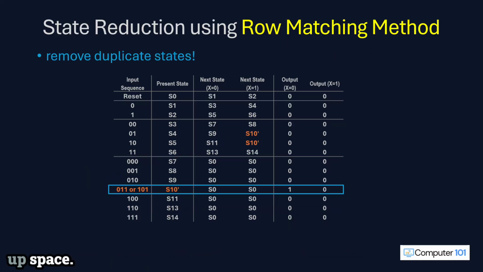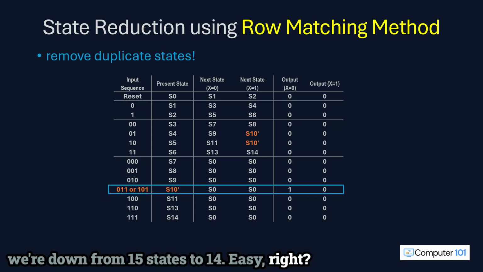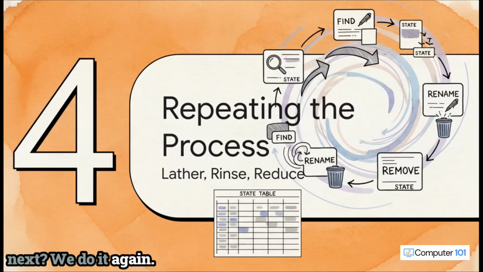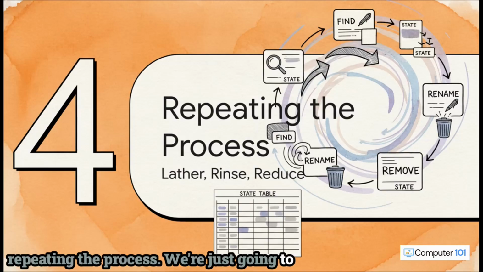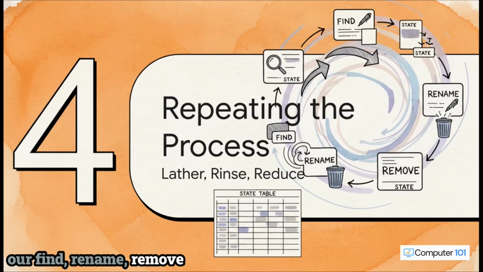It's just taking up space, so we can just delete it. And just like that, we're down from 15 states to 14. Easy, right? So, what's next? We do it again. State reduction is all about repeating the process. We're just going to keep running our find, rename, remove cycle over and over again until there are no more